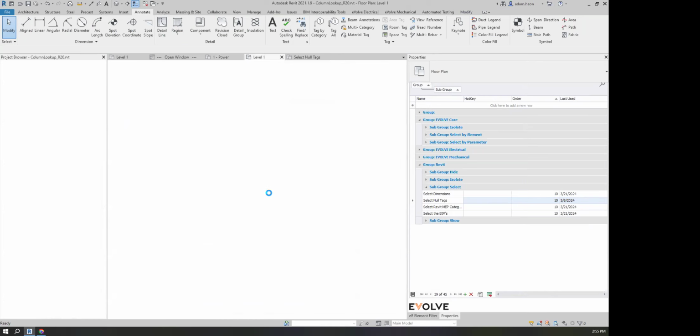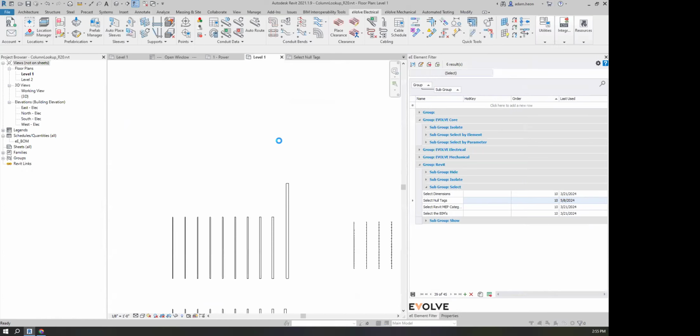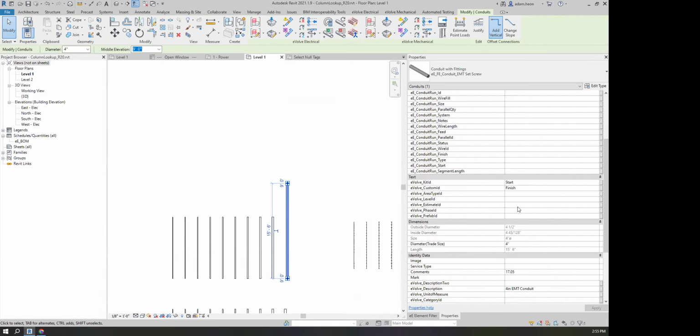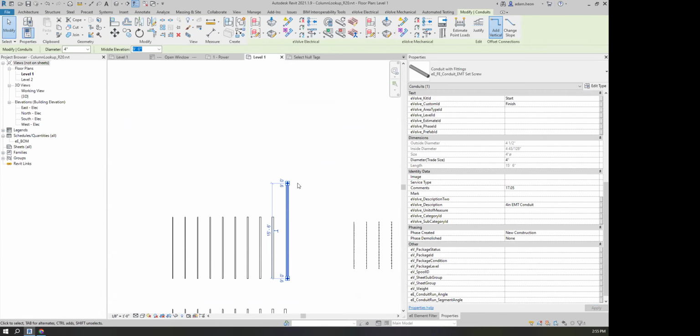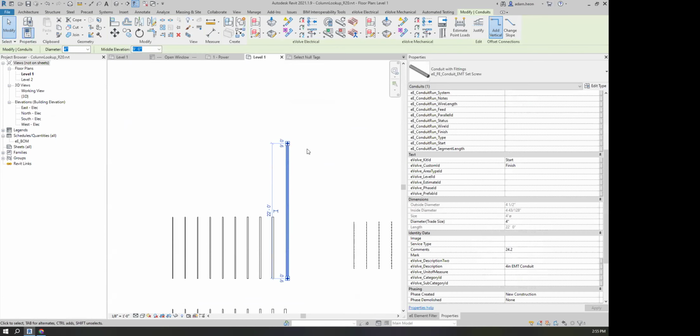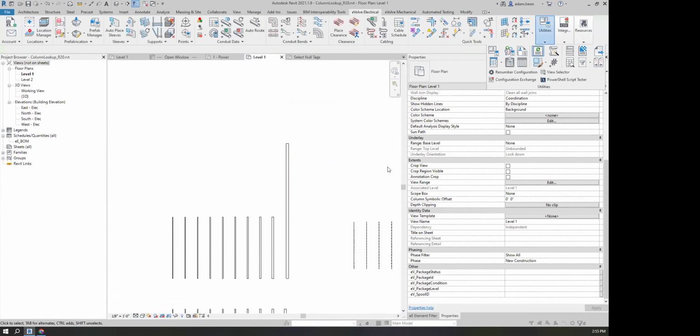So another useful data table rule, I'll show a little more in depth of this, is calculating, for example, labor by length. So I use parameter sync here to calculate a value by length. What this looks like